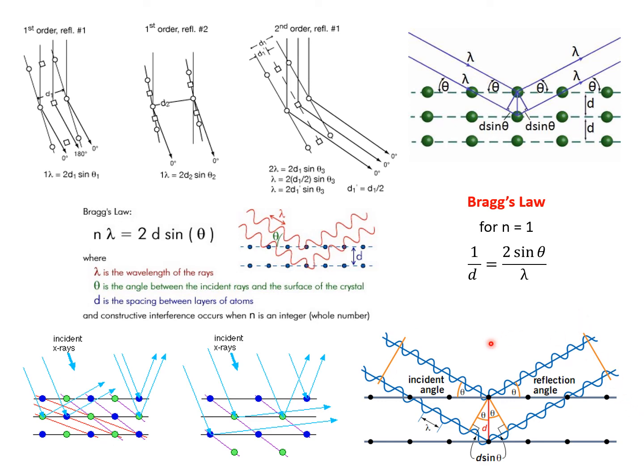So one can substitute, for ease of calculation and for ease of demonstration, one can substitute this kind of condition and say it is equivalent to having X-rays coming in and striking